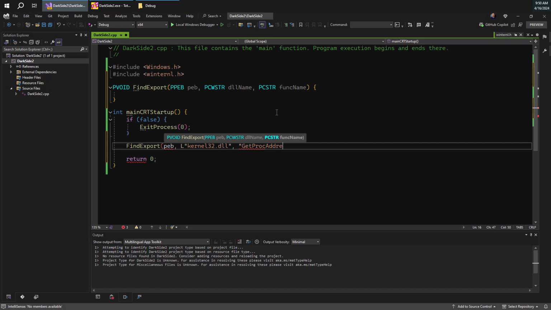If I get that, then I'll be able to locate other functions more easily without repeating this find export call, which I could do for any kind of export really, but once I get a handle to GetProcAddress, I can get the pointer to this function, and I can use that to my advantage. So we need this GetProcAddress, so let's go ahead and find it. So let's call that pGetProcAddress, and we're going to do some